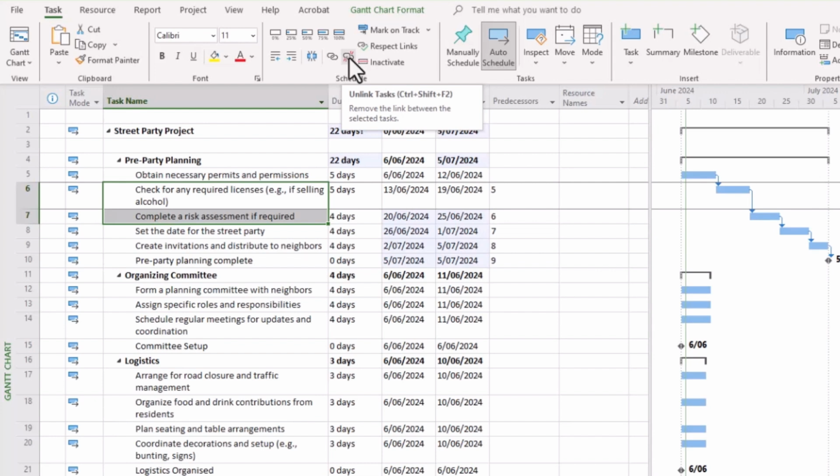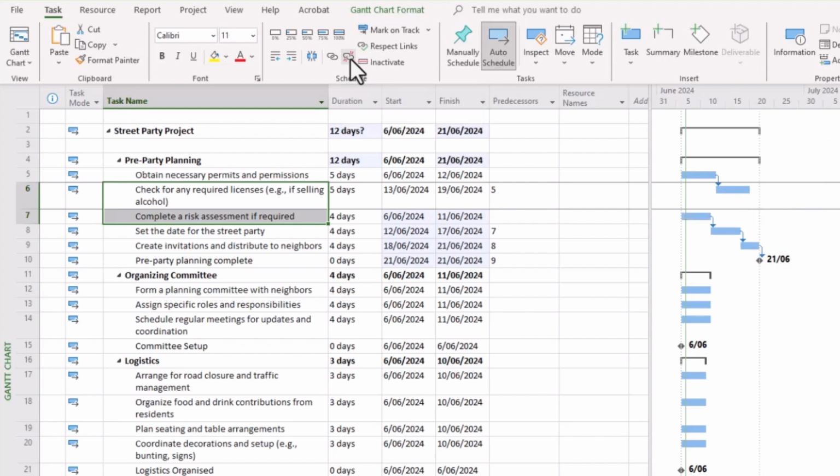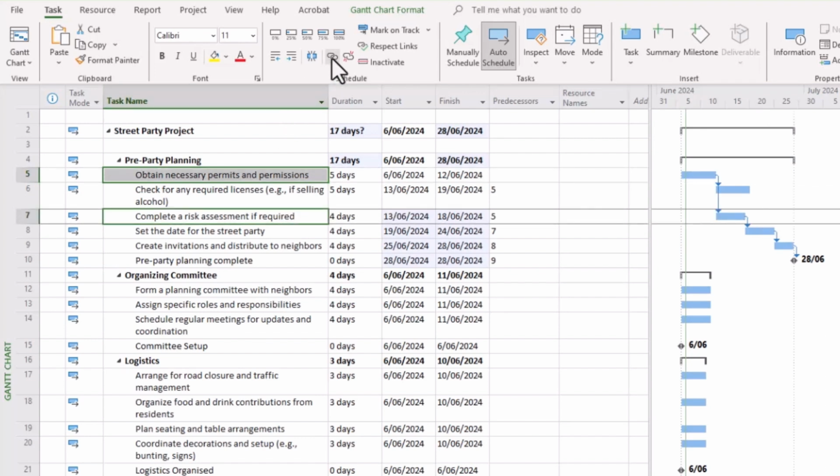You simply do that with the break chain button on your task ribbon there, and you can see that that's changed. But remember, we would like to ensure that this task and this task now occur sequentially. So select the task, hold your control button down, and then select the other task, and then link it like so. And as you can see, we have the desired outcome.